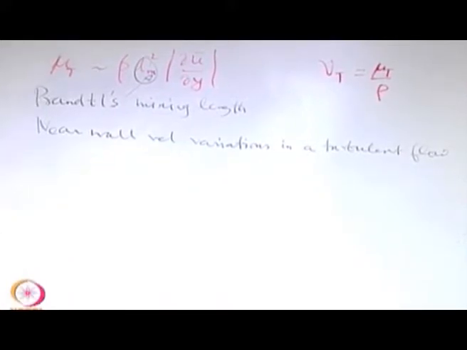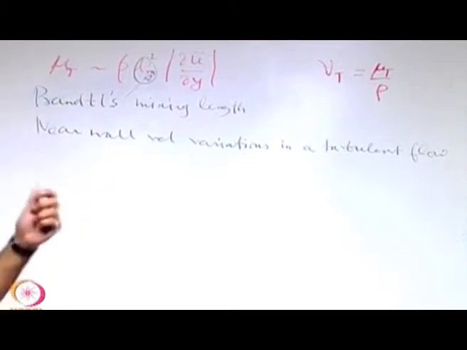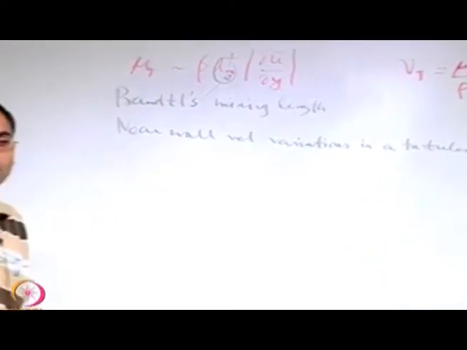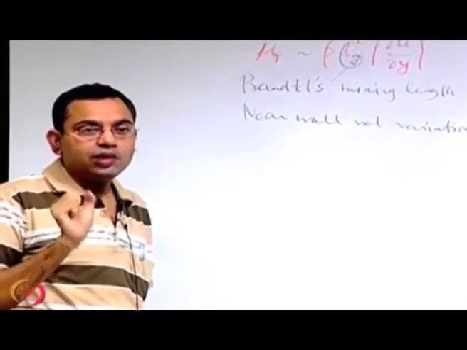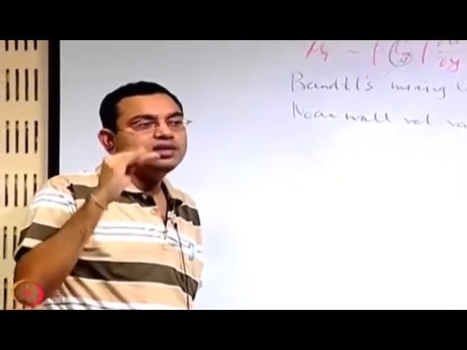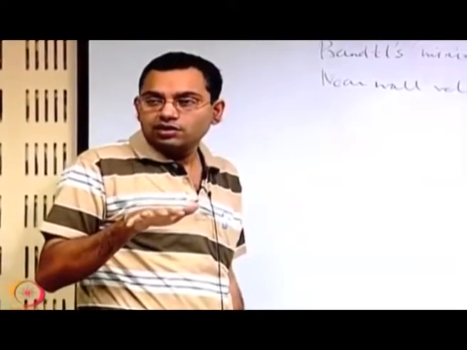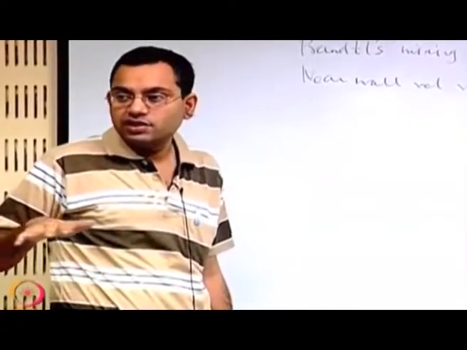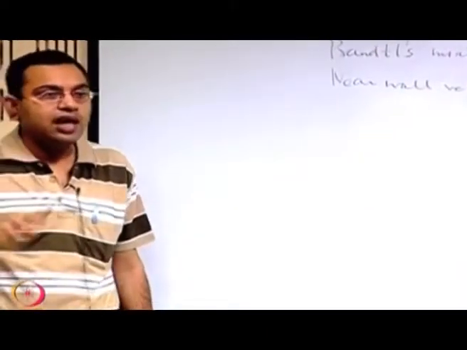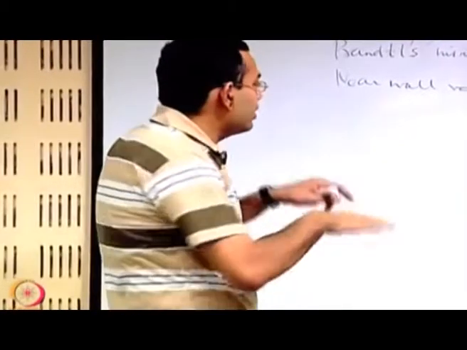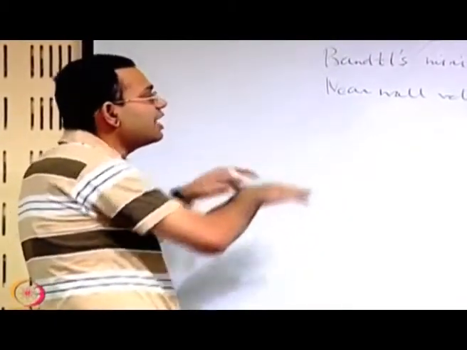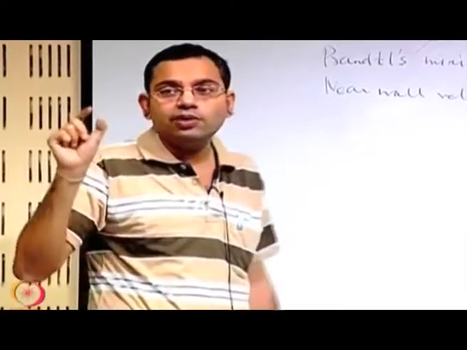So, when we talk about the near wall velocity variations, we have to keep certain things in mind. The first thing is that no matter whether the flow is turbulent, very close to the wall, it is always laminar. So, the turbulent structures are important as you go a little bit away from the wall, but adhering to the wall, because walls are excellent dampeners. So, adhering to the wall, if you look into the picture of the flow close to the wall, we will see what is that thickness we are talking about as adhering to the wall.